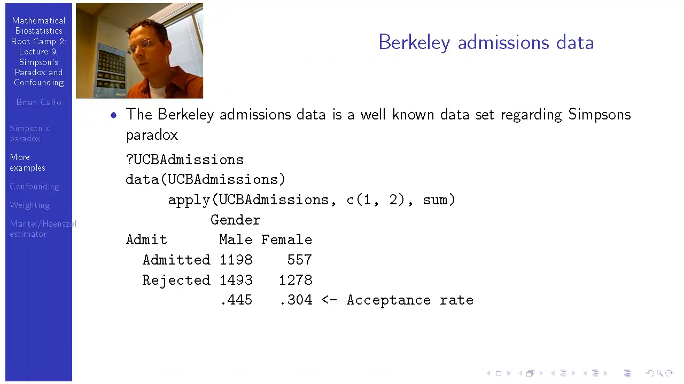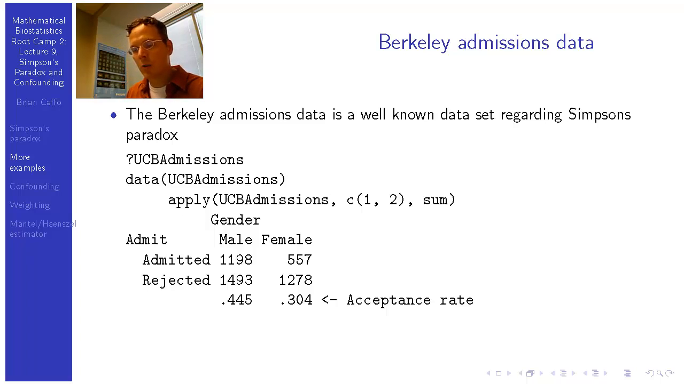Okay, and another very famous example of Simpson's paradox is the so-called Berkeley admissions data, and it's fun and it's in R. So I'll cover it a little bit, and you can explore it because to get it, you can just do help UCB admissions, and then that'll describe the data set. Data UCB admissions will load it up. And then here I give a little command, apply UCB admissions C12 sum. It gets the